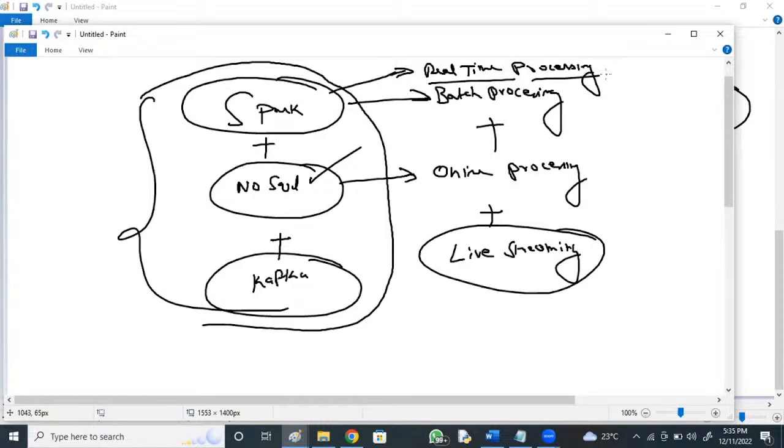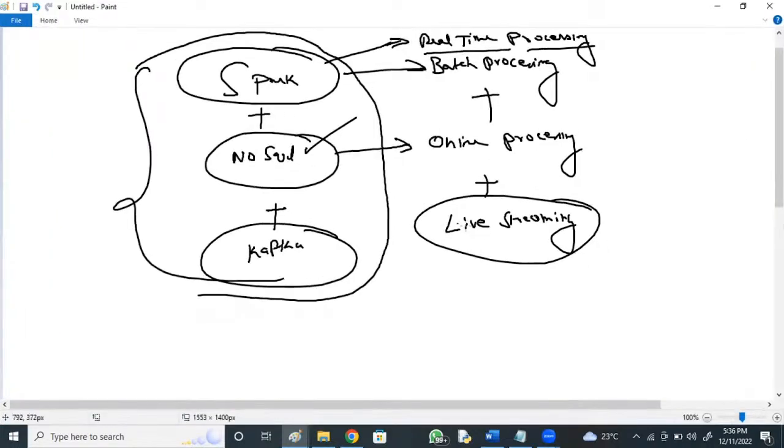But what do you mean by real-time processing? It means immediately, whenever fraud happens, it says that the fraud has happened. Not after 1,000 transactions happen and at the end of the day saying so. Not that today fraud happened and after 2 days it is detected. Spark can go for real-time processing.